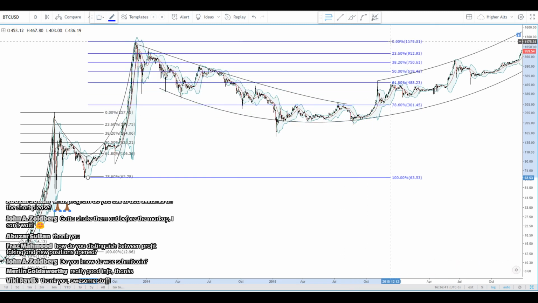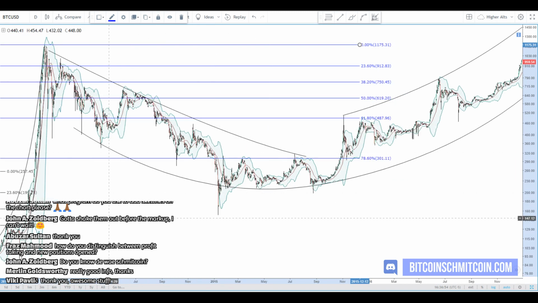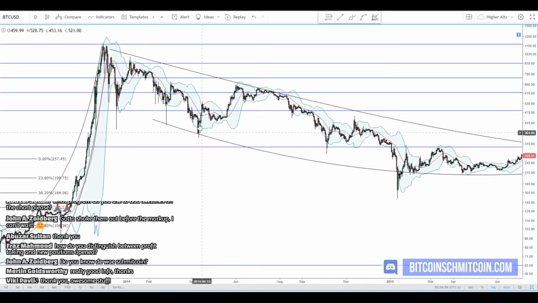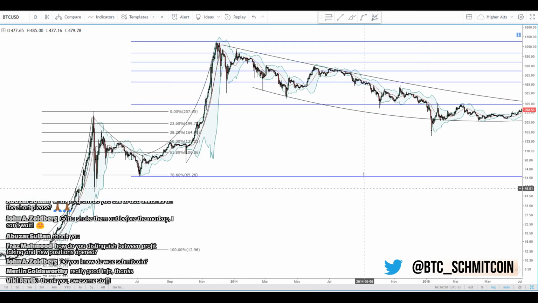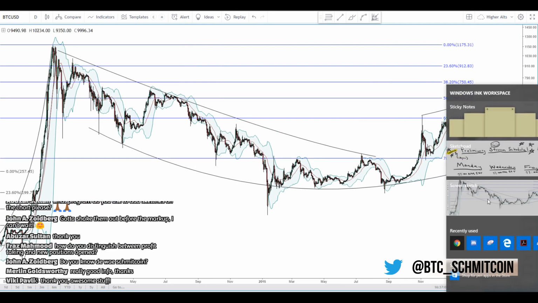This one actually went well below the 78. But we see that every time it breaks the parabolic trend in recent history, it makes a 78% retracement. It's entirely possible that we're doing something like this. So we see here on the last parabolic break,